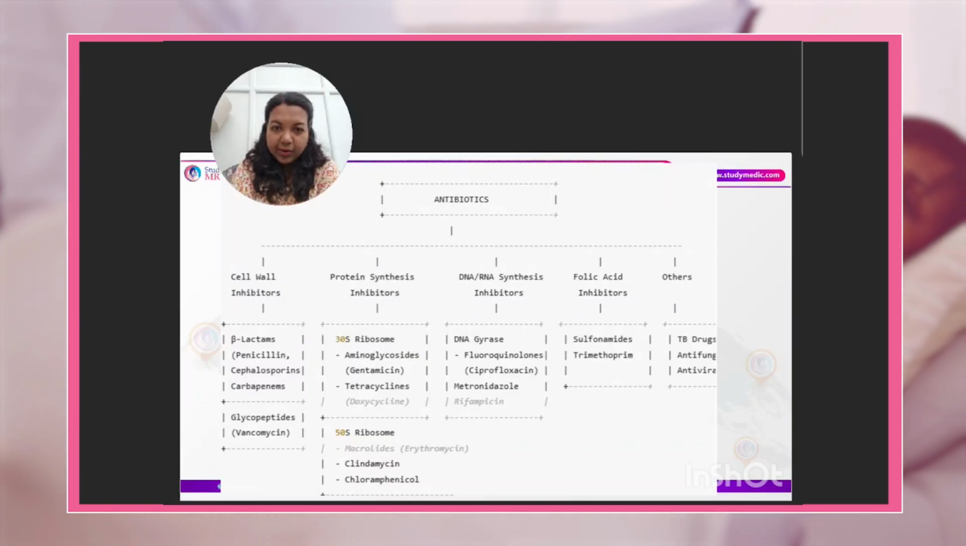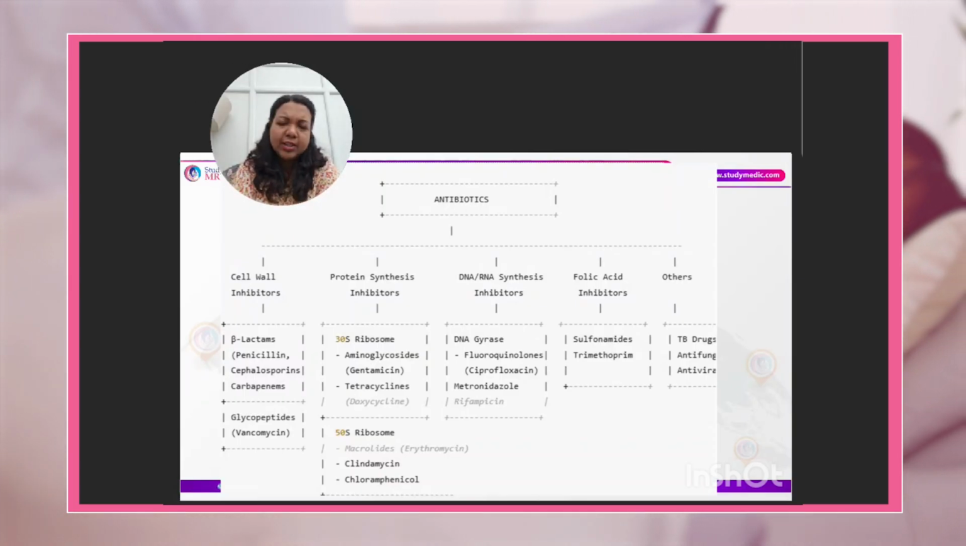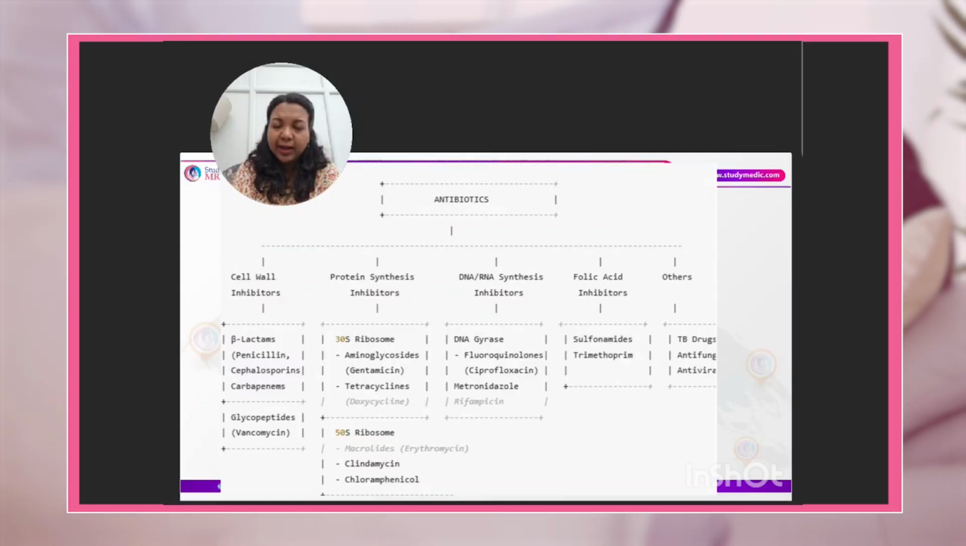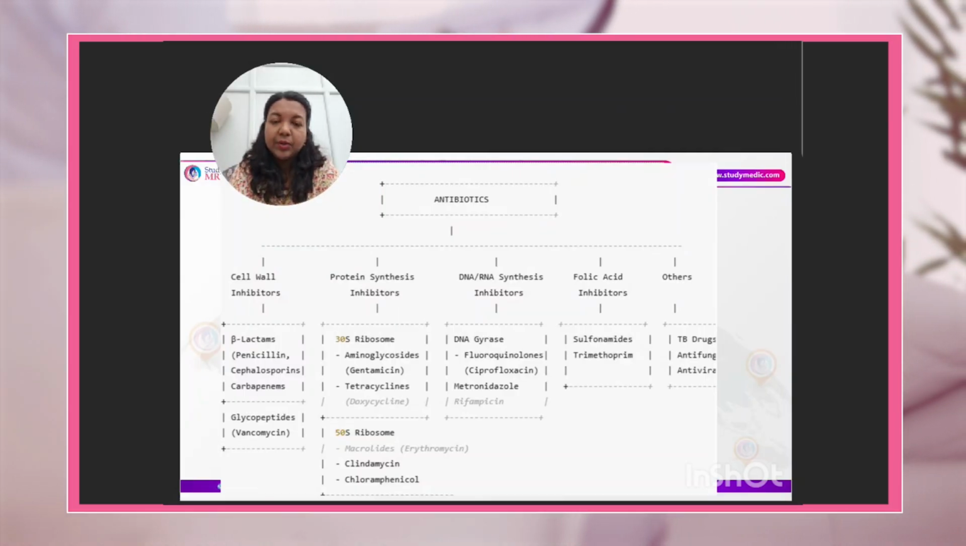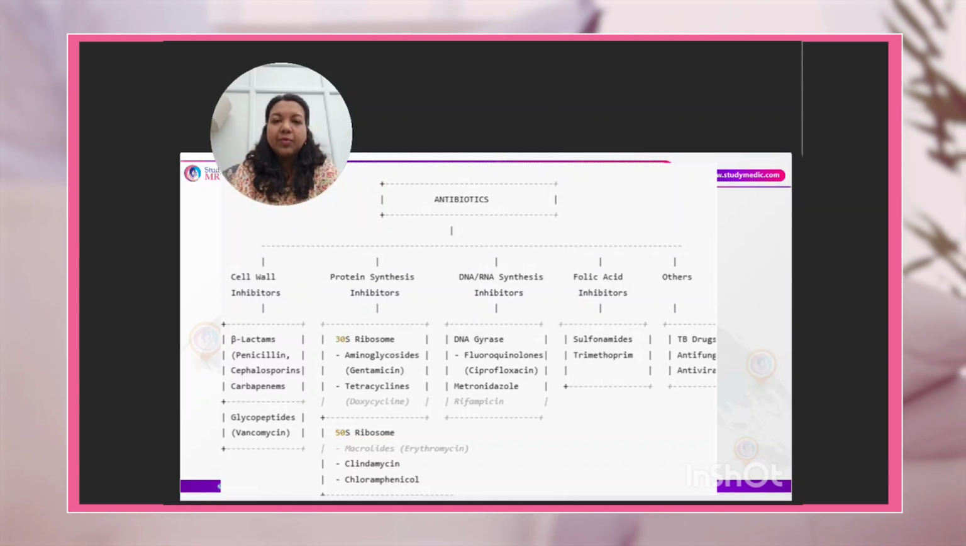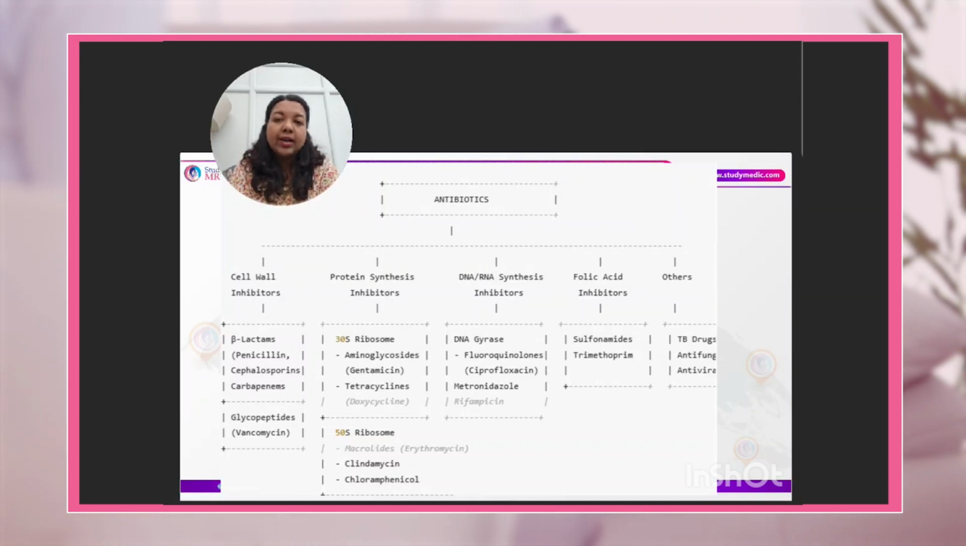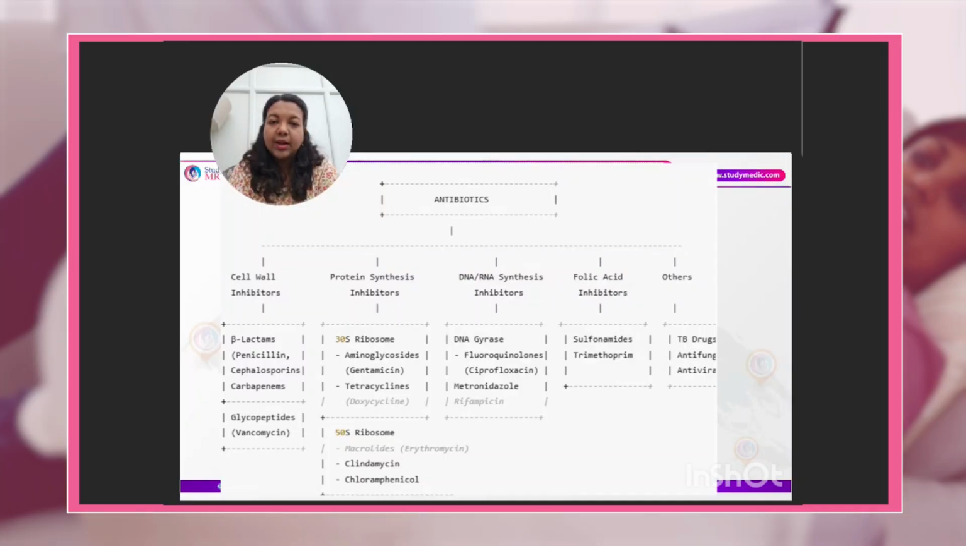So start with the antibiotics. Antibiotics can be classified into different groups based upon the mechanism of action, as well as whether it is a broad spectrum or narrow spectrum. Based upon the mechanism of action, the antibiotics which act by inhibiting the cell wall synthesis are mainly